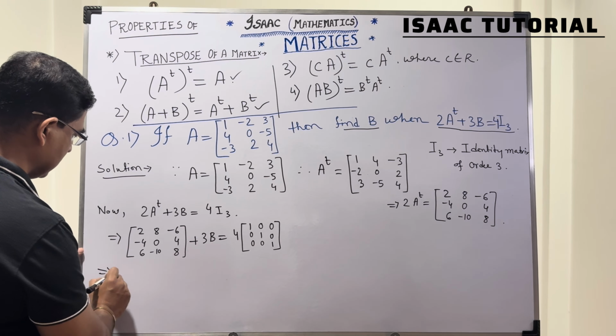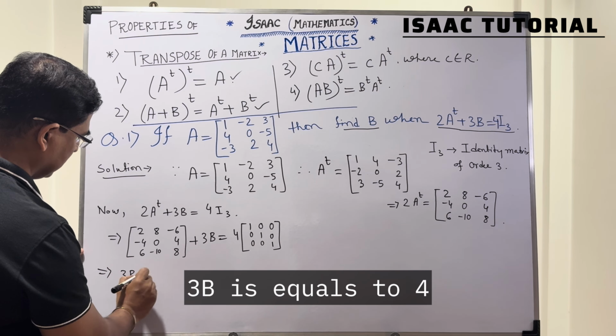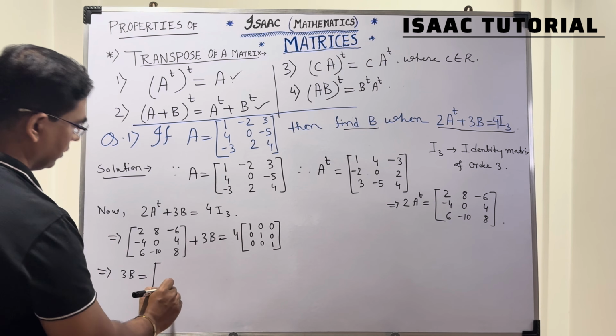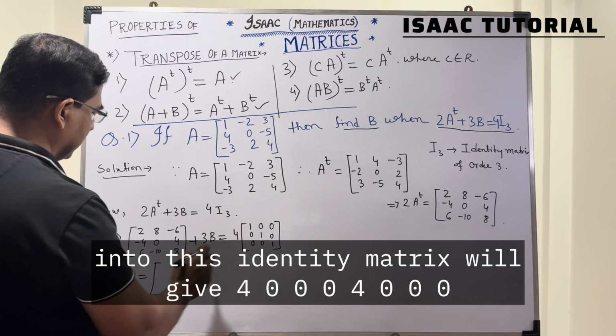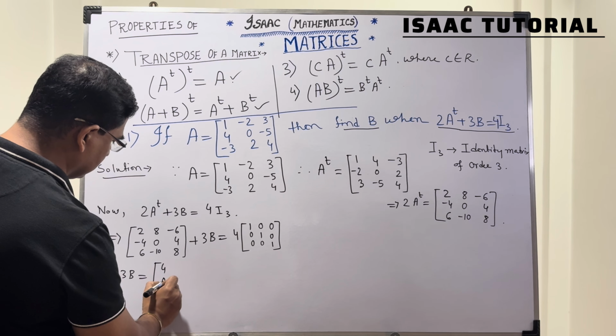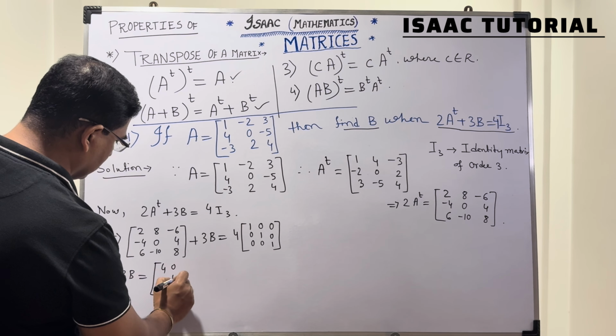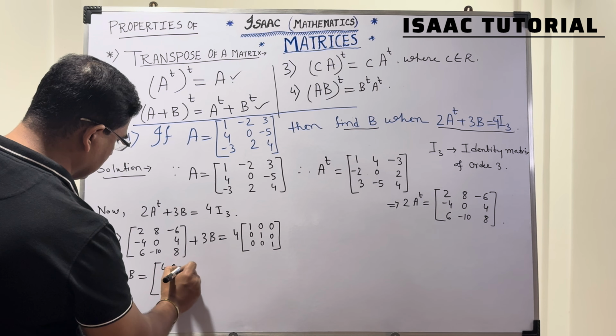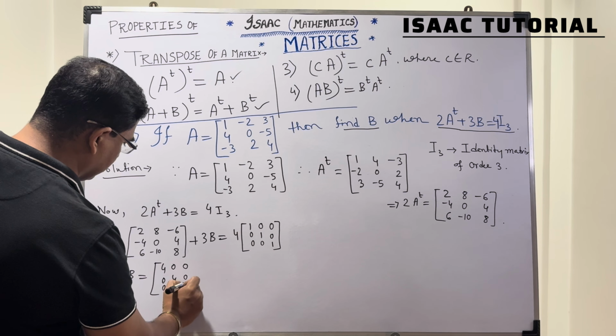This implies 3B is equal to 4 into this identity matrix, which will give 4 0 0, 0 4 0, 0 0 4,